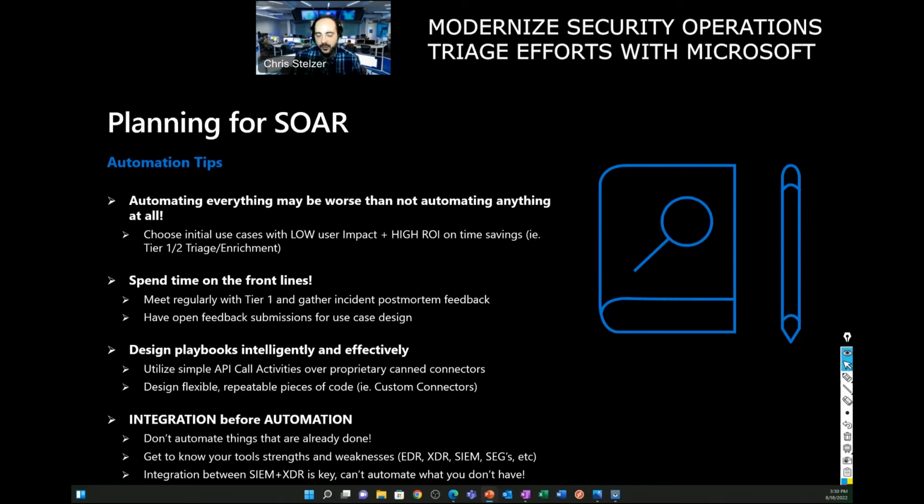So get to know your existing tools, know your XDR, know your EDR, know your SIEM, know your SEGs, know exactly what your tools can do, and only think about executing SOAR and automation with things that aren't existing within your wheelhouse. And as I said, that integration between SIEM and XDR is key, because that really takes the initial effort over getting ready for SOAR. All of my incidents are natively in my SIEM. If XDR detects a new entity, a new user, a new computer, that data is there, ready to go in Sentinel, ready to execute SOAR actions on.